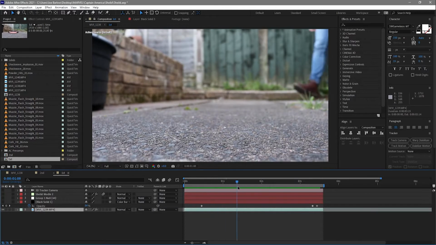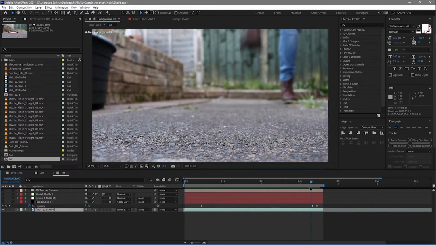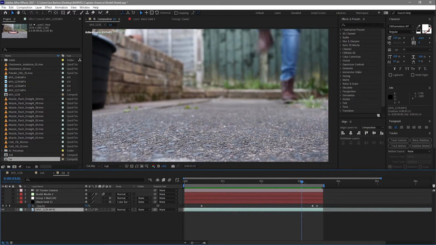So here we have the clean plate of me walking onto shot and stamping on the ground. And this was me interacting with the shield, or will later be me interacting with the shield. I did shoot this once with a bin lid, just to get reference to where it might be, what it might look like, and also the movement of something round being kicked.